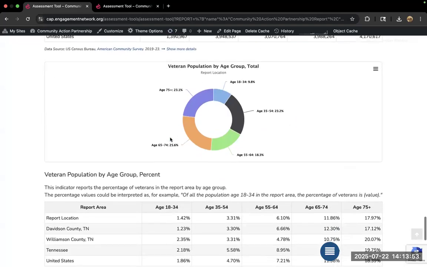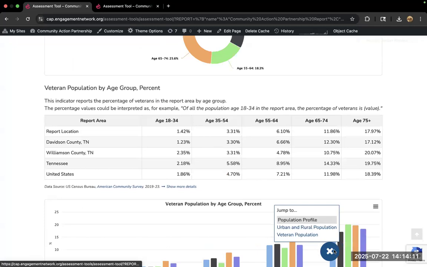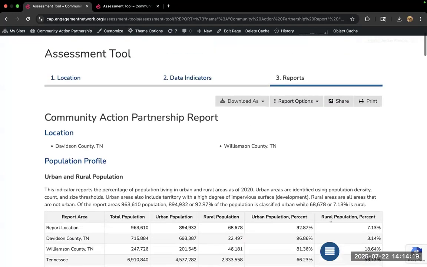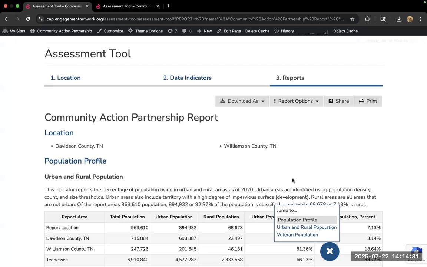And so with that, though, I want to take us back up. We're going to talk about a couple of bells and whistles, and then we're going to build a report with a different location type because county level data is great, but sometimes we need something that's a bit more granular. And so I'm going to use this little hamburger menu in the bottom right to navigate back to the top. This menu is really, really handy, especially when you've added 50 plus indicators to a report. It is going to list every indicator you selected, and you can click an indicator name to zoom right to it in your report.